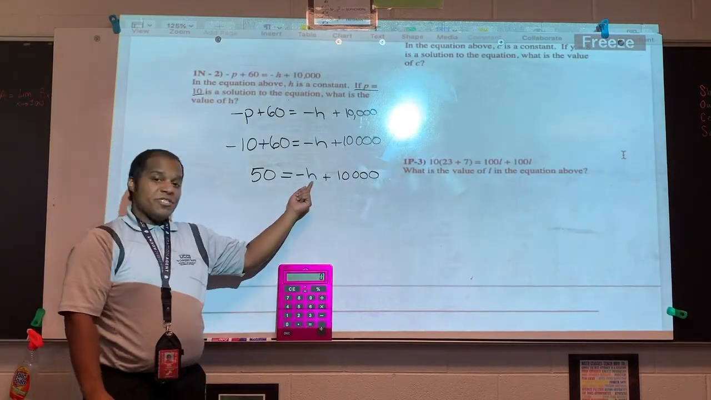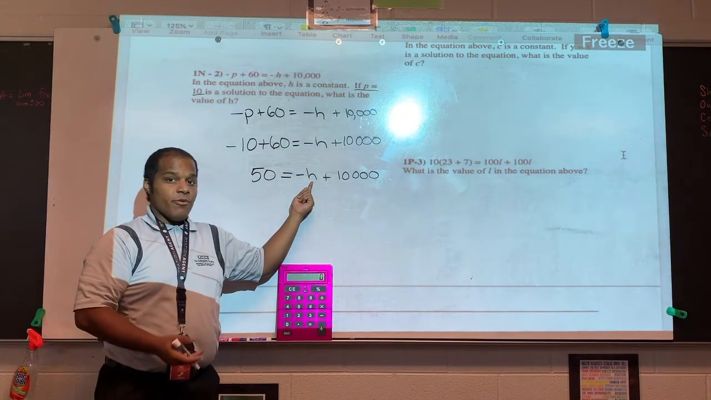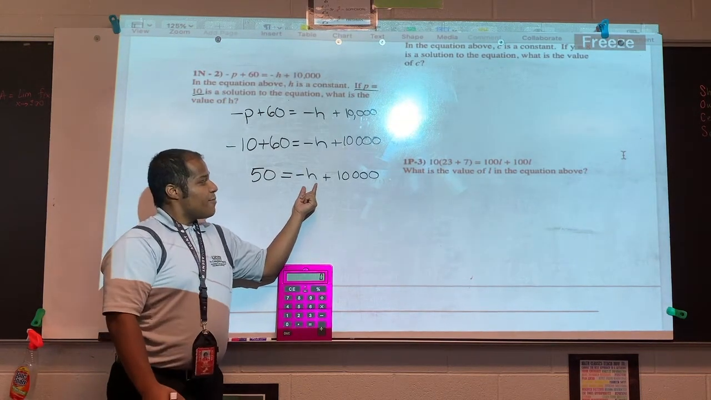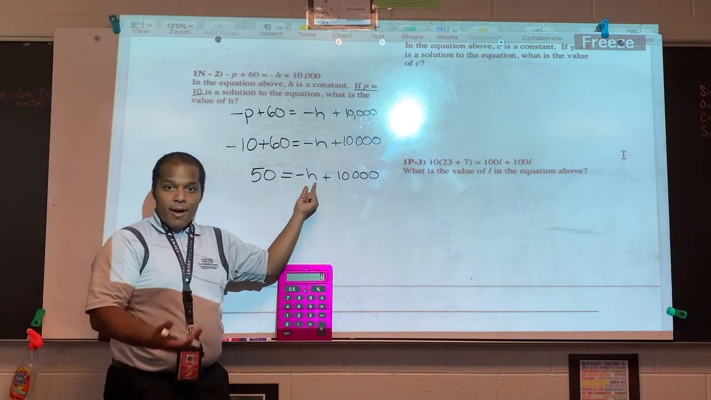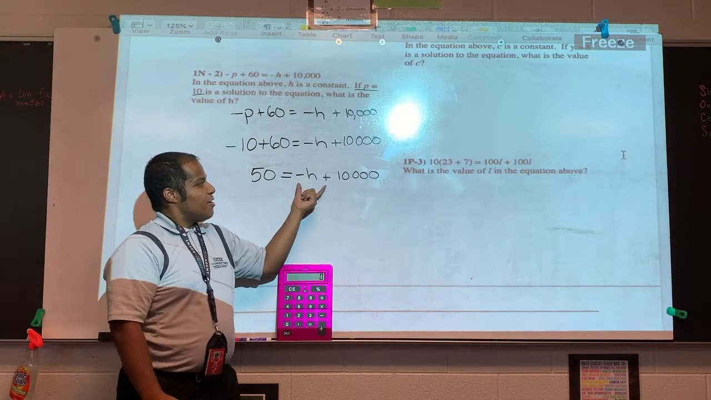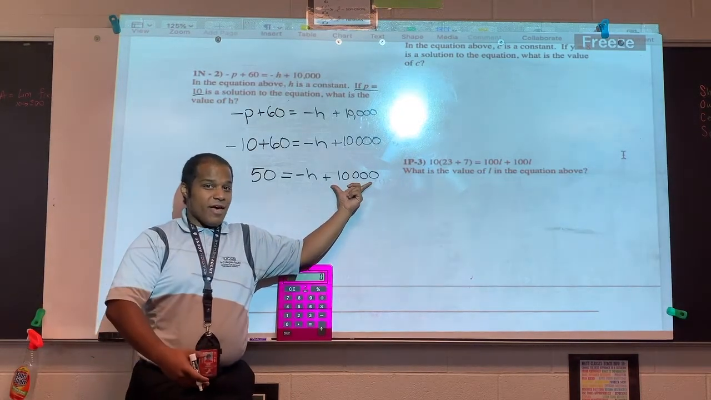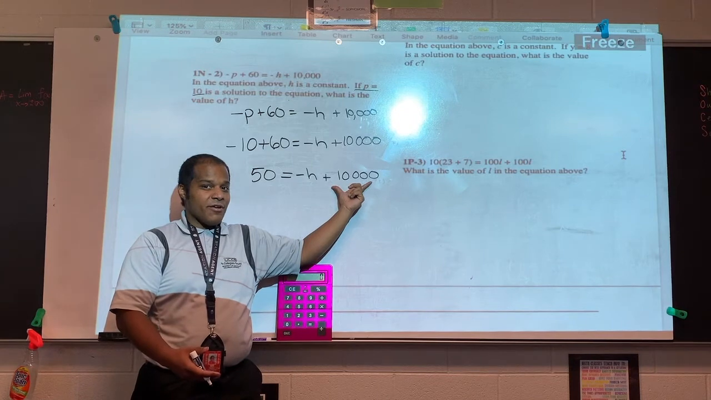We can see that we're only down to one variable now. This is a good position to be. Our job is still to get this one variable alone. So I am going to do inverse operations or opposite operations to get h alone. The first thing I notice, which is furthest away from my h, is that I have a plus 10,000. In order to get rid of that, I need to do the opposite of adding 10,000, which is,